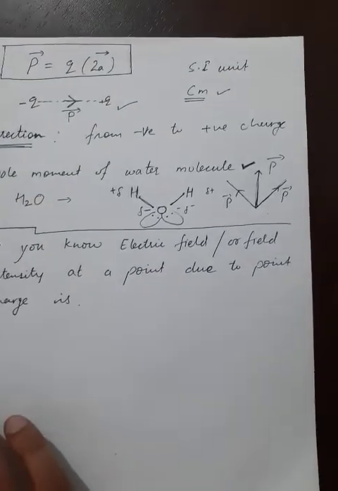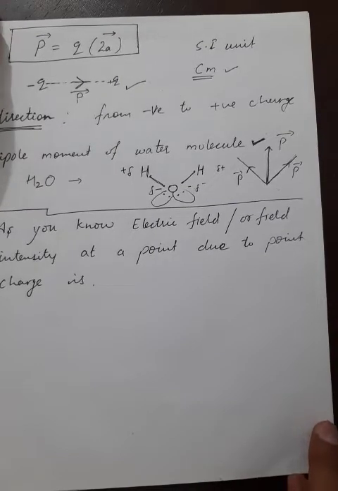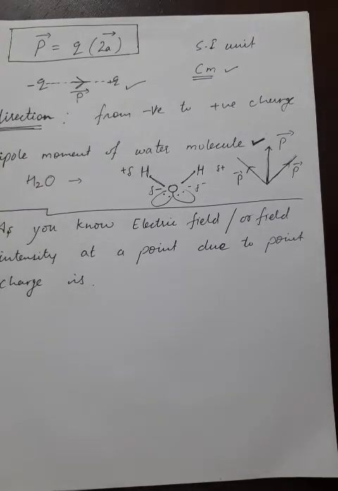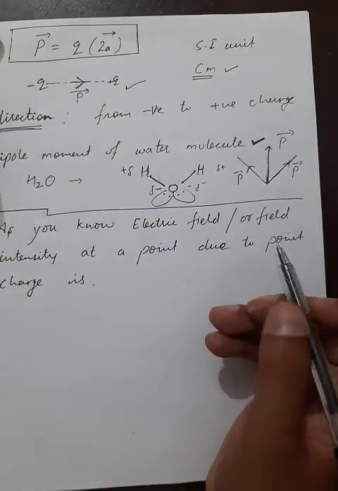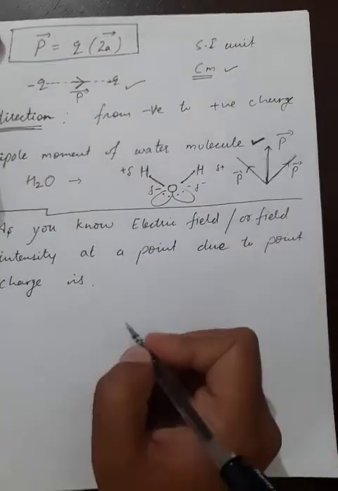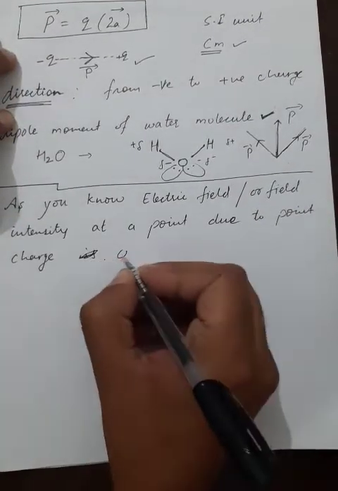So after electric dipole and dipole moment, now we find the electric field intensity, or electric field, due to the electric dipole. As in the previous lecture, we found the electric field due to a point charge. Let us revise: as we know, the electric field, or electric field intensity, at a point due to a point charge, say Q,